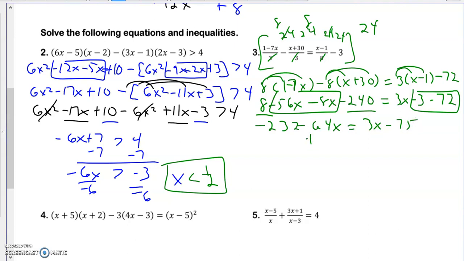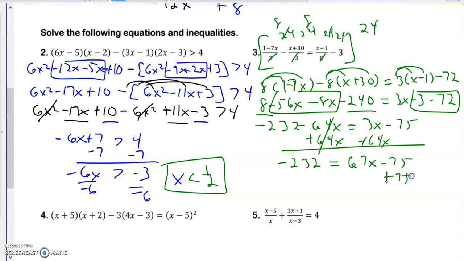And I am going to add 64x because we always look for the smaller one. This cancels out. I get a negative 232 equals negative 67x, because your same signs add and keep. 67x minus 75. Then I'm going to add 75 to both sides. And when I do, I'm going to get a negative 157 over 67, because I'm going to divide by 67,